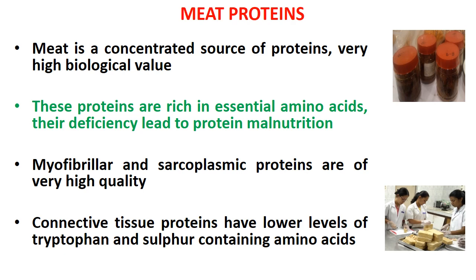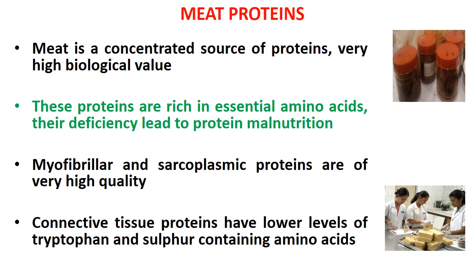So the quality of protein depends on the ratio or profile of essential amino acids. Meat proteins have a very good profile of almost all the essential amino acids in the required proportion. Now, as we discussed in the earlier UG lecture, there are different kinds of proteins. Myofibrillar and sarcoplasmic proteins are of very high quality. Myofibrillar protein is the major protein in meat, and sarcoplasmic means the soluble proteins, that is, myoglobin and glycolytic enzymes. All these are very high quality proteins.